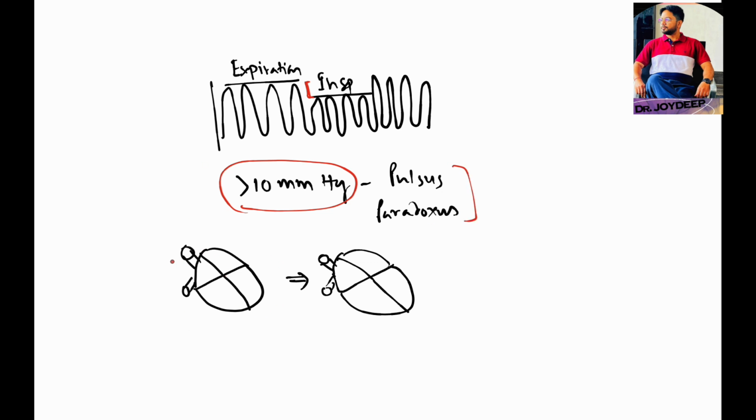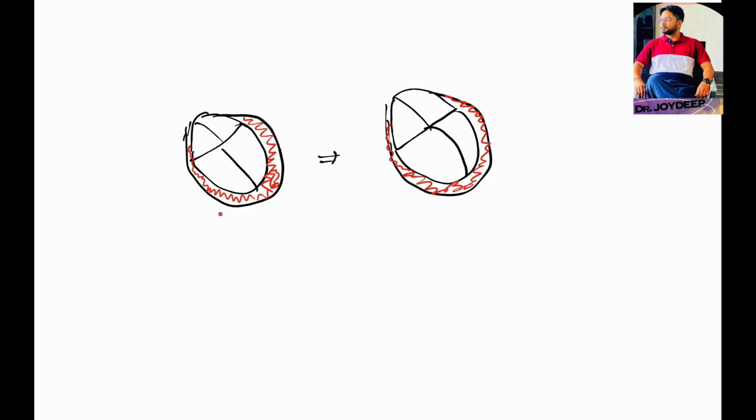During inspiration, as much more blood comes to the right atrium, there is an increase in the volume to the right ventricle. As the volume increases, that also builds the pressure inside. So, the right ventricular pressure increases, but the pressure is equally distributed throughout the wall of the right ventricle in a normal individual. But if there is any situation where the ventricle is not able to expand properly, the pressure built inside the right ventricle is not able to go outside. So the maximum pressure will go towards the septum and the septum deviates much more towards the left